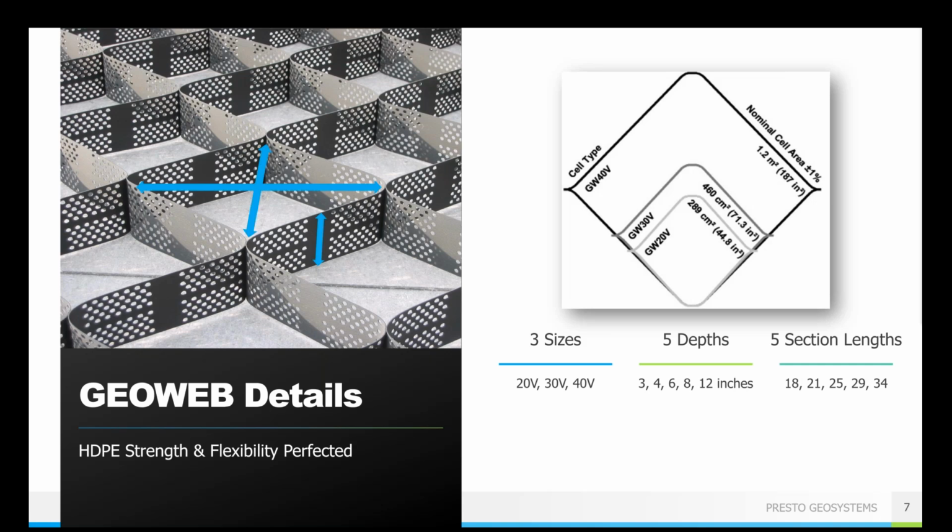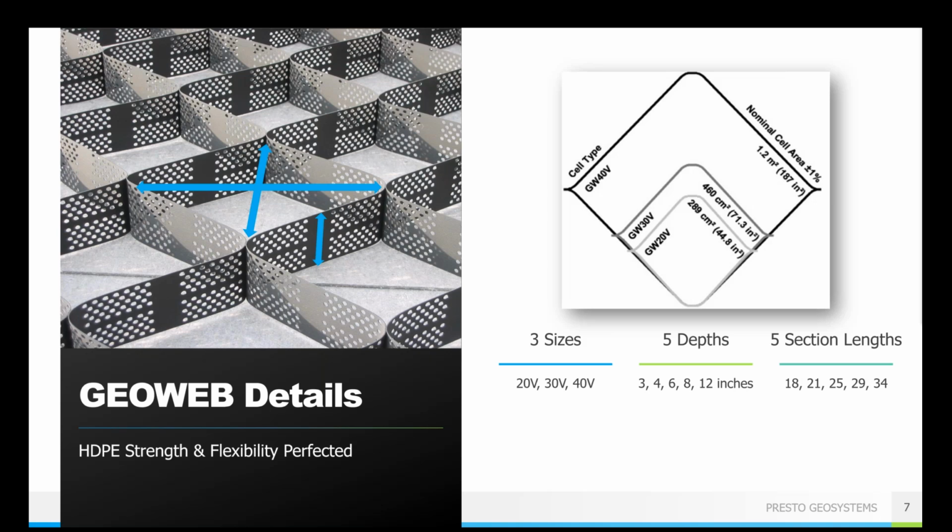And so the cells do come in 3 diameters, a small, medium, and large size, and then cell wall heights available at 3, 4, 6, 8, and 12 inches. And the actual cell size and cell height that you are going to choose for your project do depend on your site-specific details and site conditions. So there's no one right size fits all. There is a specific one that is going to be the most applicable to your specific site.